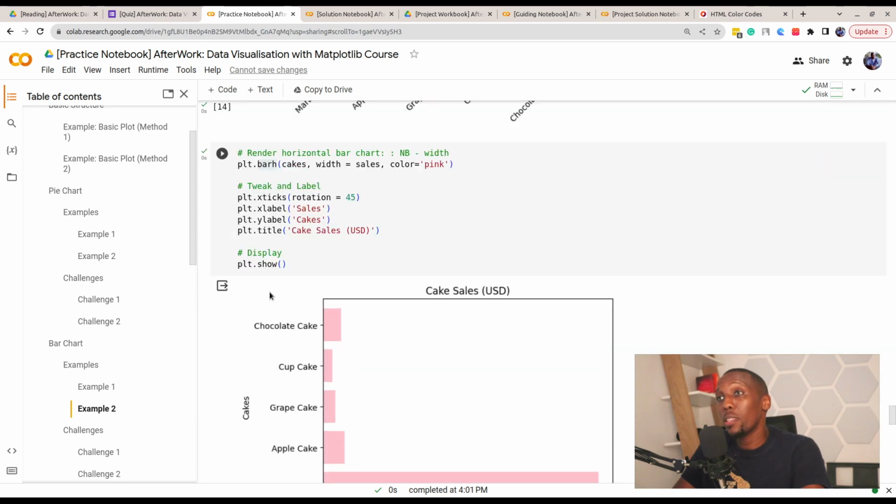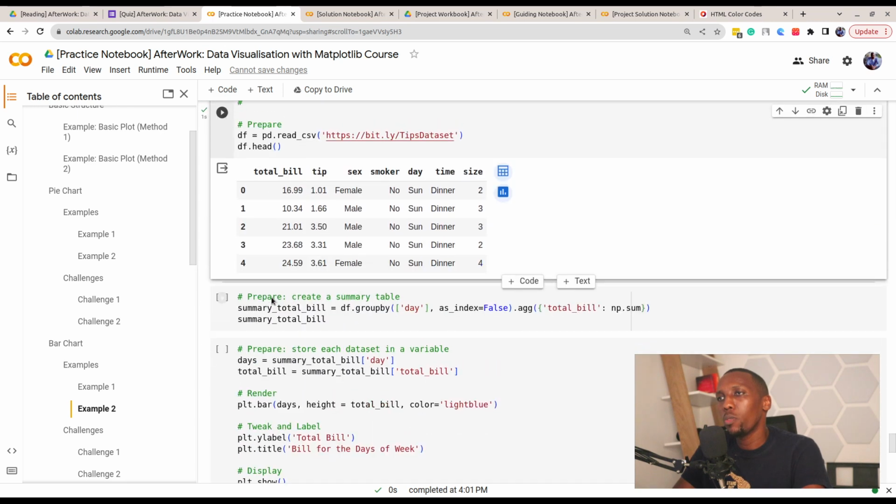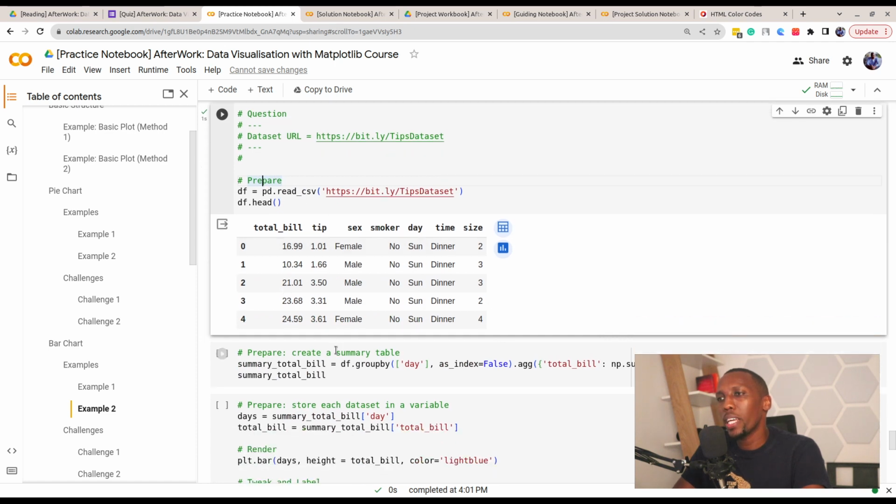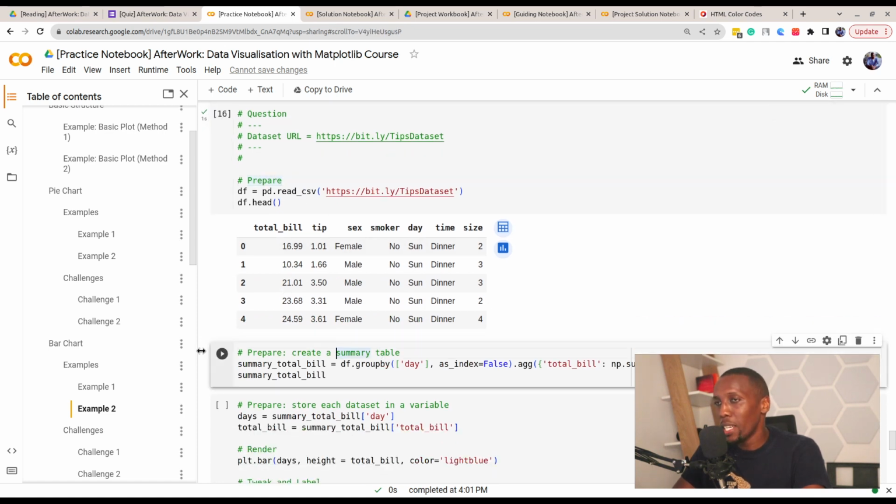So generally, we can do the same thing, like create a bar chart. We'll start off by first of all preparing our data set. We have seen how it looks. We can create a summary table. We need a summary table for this particular use case that summarizes the data. We have on the very left the day, could be Sunday, Monday, Tuesday, Wednesday, Thursday, and on the right, the bill,